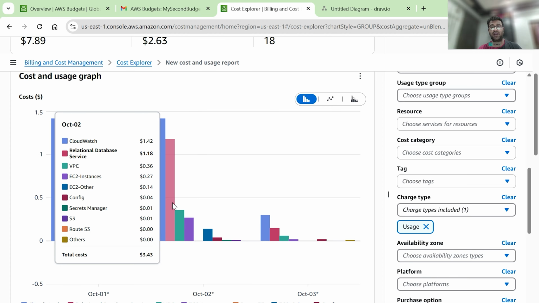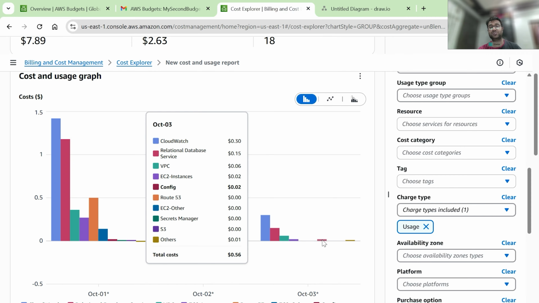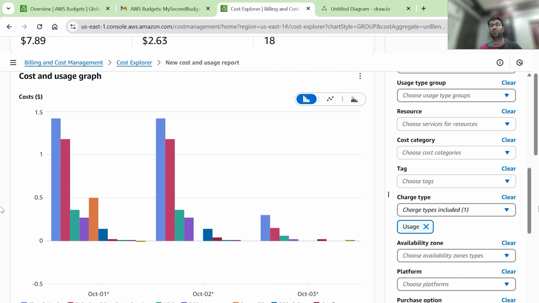Okay. And if you want to review, you can review based on which services are generating charges. For example, for today, these are the charges associated with different services in my account. So from here, you get an idea of what all services are generating charges in your account. If you still need any assistance, if you still want to understand in which particular geographical location or